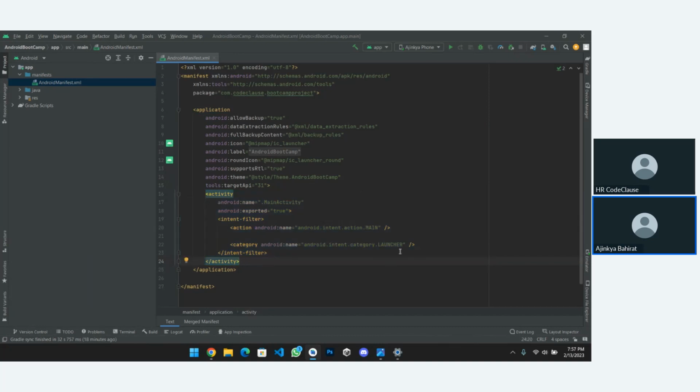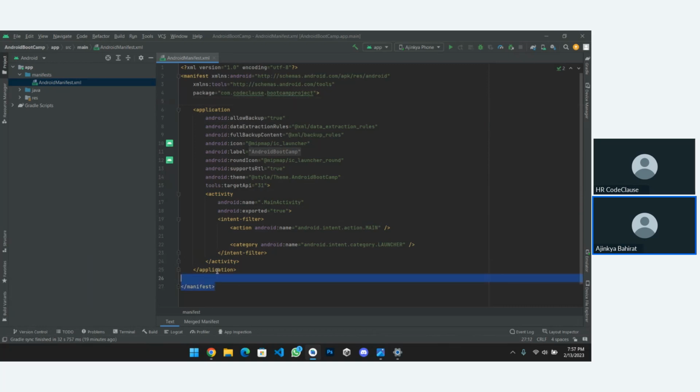As I previously told, we need to store our files in one place, right? That's why the manifest file is there. Manifesting means combining things, right? So that's why Android manifest.